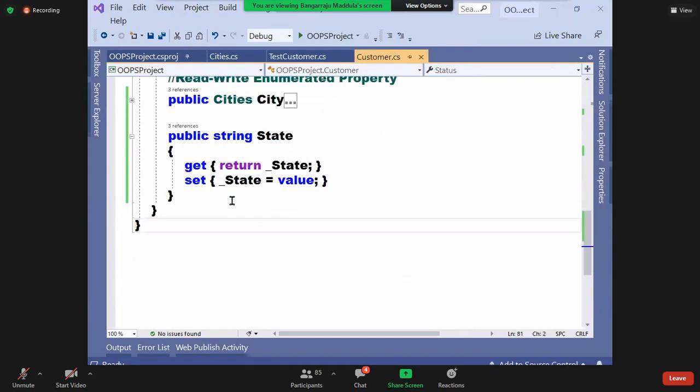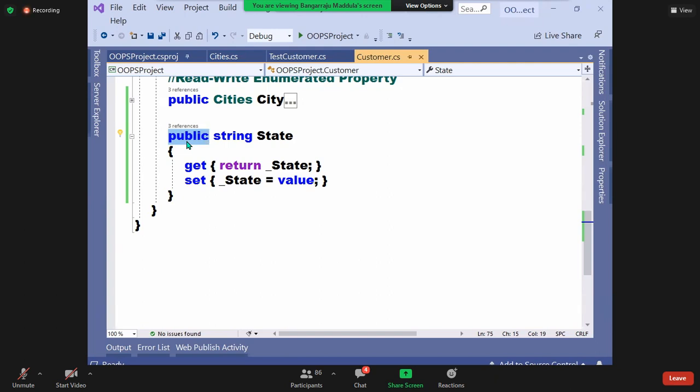Guys, have a look. The property is declared as public here. When the property is declared as public, anyone can get and anyone can set a value to it. No restrictions at all, because you declared the property as public. No doubts about this. But one small thing to understand here.